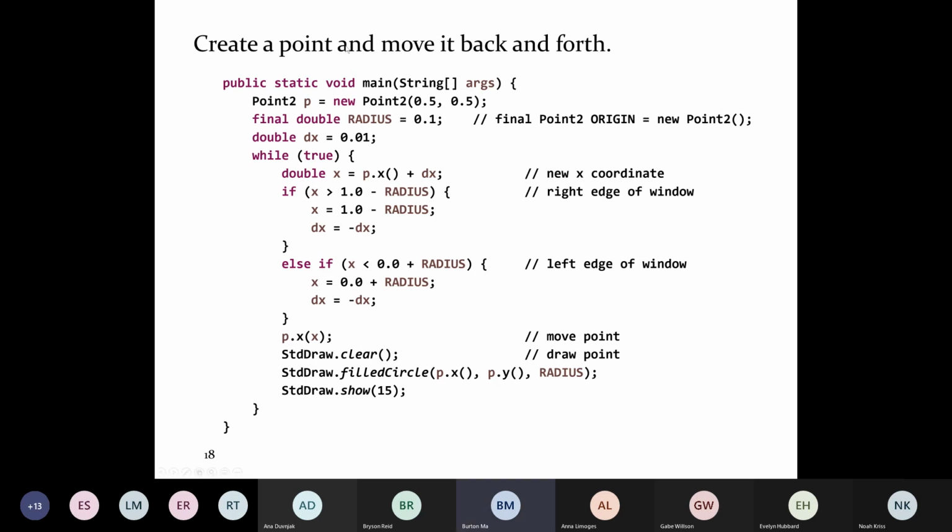Okay, let's carry on with this example. So I've got this variable called dx, and you'll see what I'm using that for in just a moment. And then I have an infinite loop, so while true. It looks like I'm going to change the x coordinate. I'm going to use the x coordinate of the point, and I'm going to add this small constant dx to it. Check: if x is bigger than 1 minus the radius,